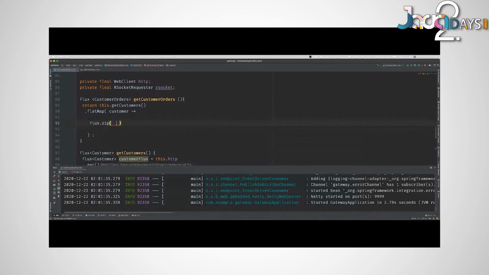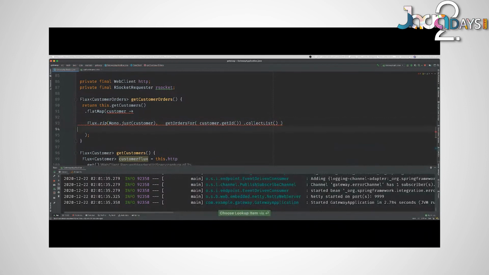So I'm going to say Flux.zip, and I'll store the first item from these two monos. On the left, I've got the mono for the customer, and on the right, I'll say, give me the orders for customer.getID. I'm going to turn this into a list.